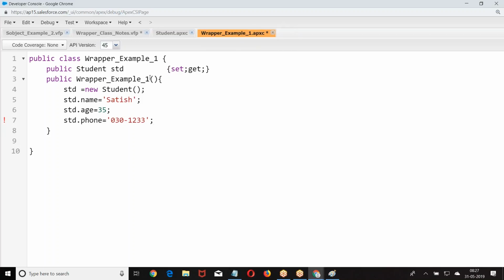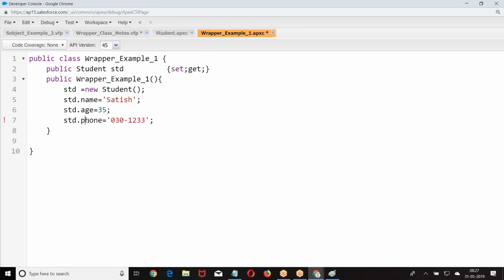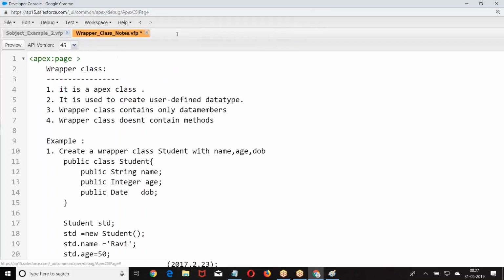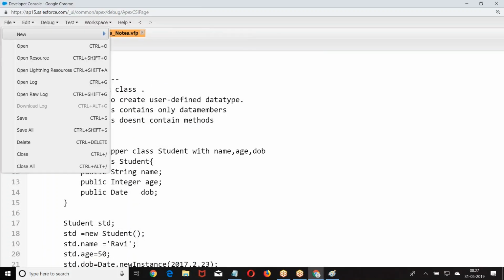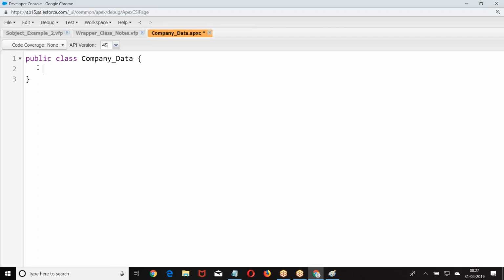Now, whatever example we did in the last session, I will continue the same example with this wrapper class. Let us look at the context. Yesterday's example I will continue with the wrapper class. I was taking company data.